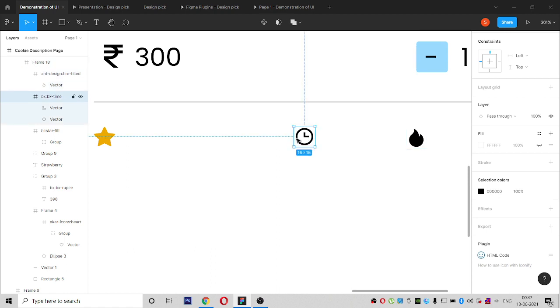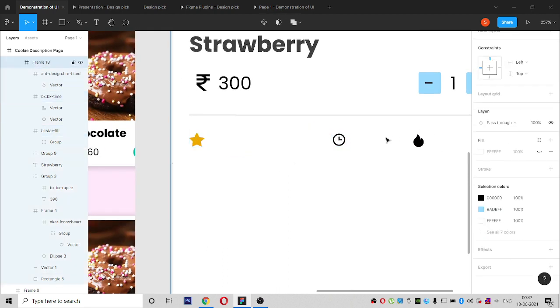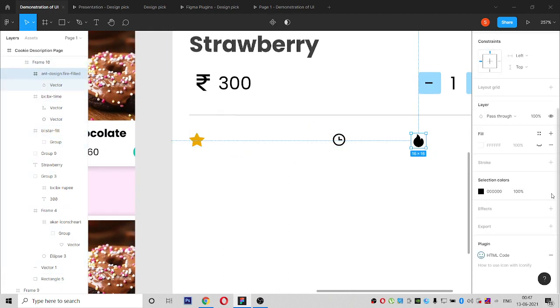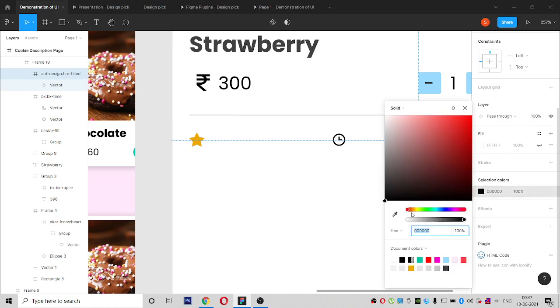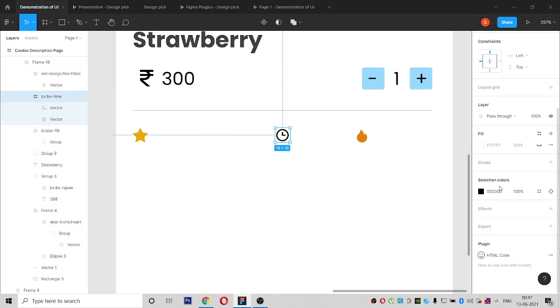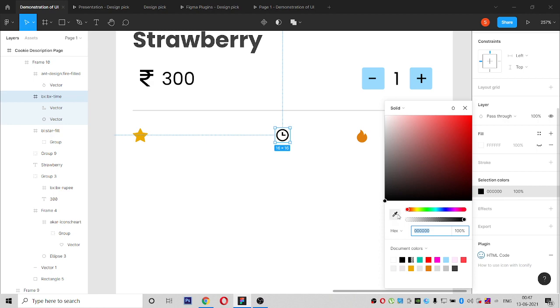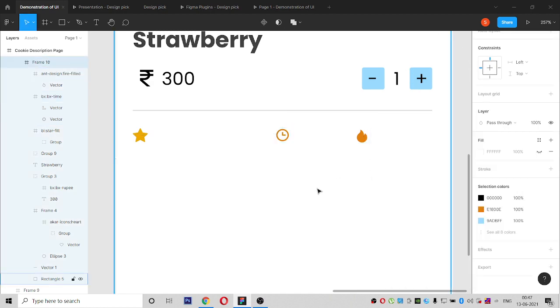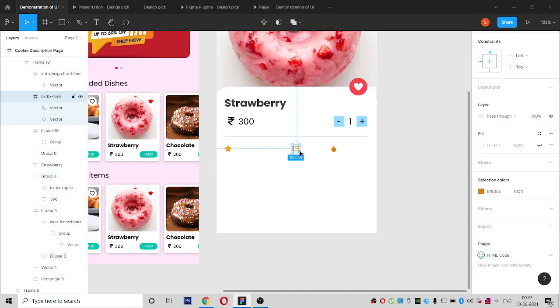So we have kept the 3 and for this we can give orange. For this also we will give the same. The consistency must be equal.